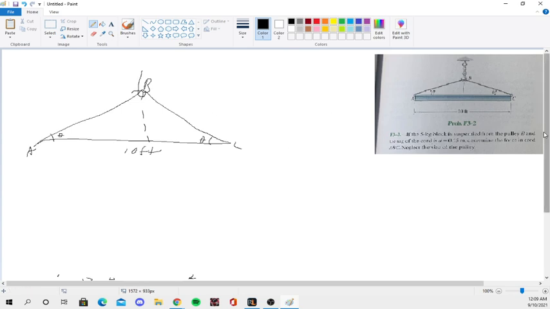So the question is, hold on, I accidentally cropped the wrong part of this. Ignore this part. I did not choose F33. But it's basically saying that our beam weighs